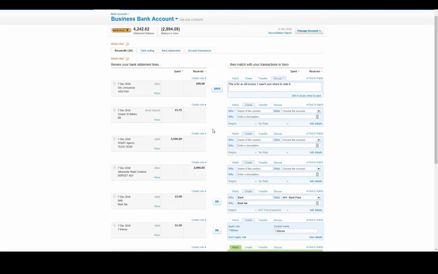So for bank account transactions that come through on your feed that do not have a matching transaction in Xero, you need to create them. So you can do that manually by using this create tab here. So if you like, you can just create a spend money transaction for this. So we could say it's the Cooper Street Bakery,